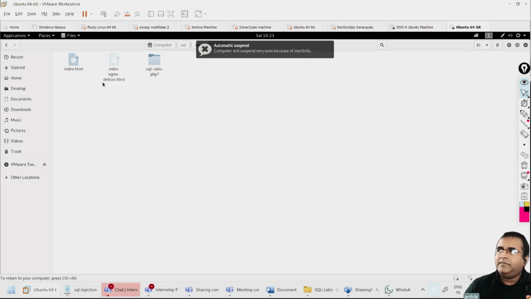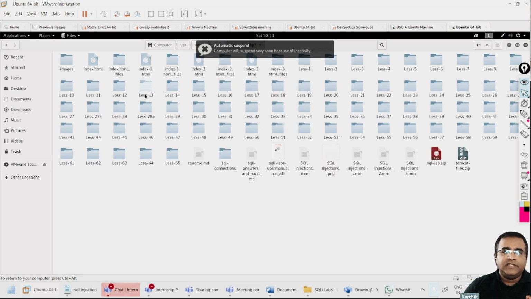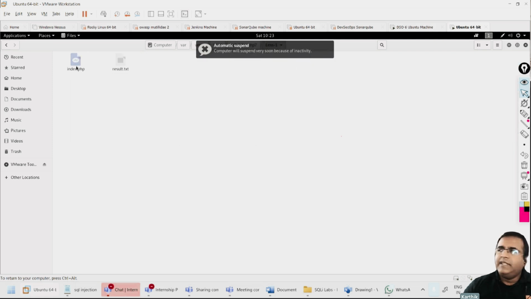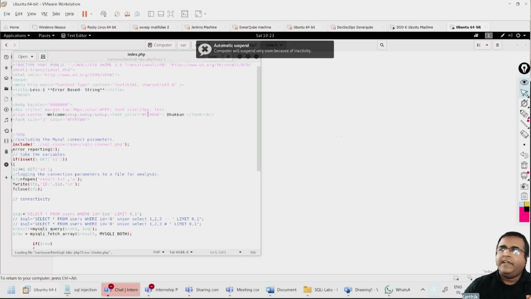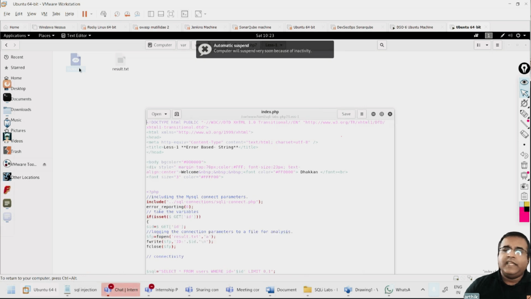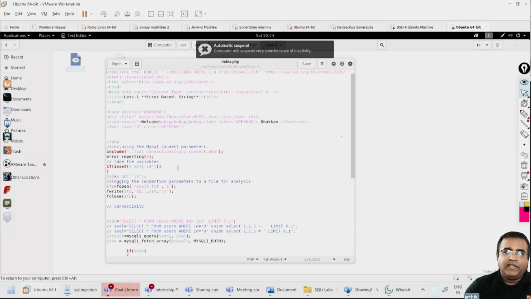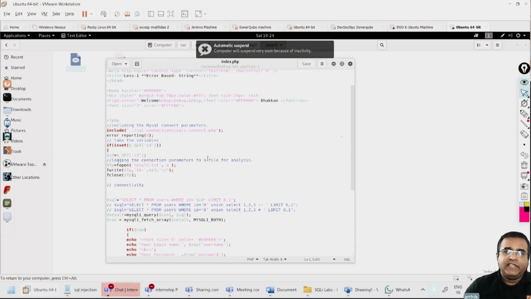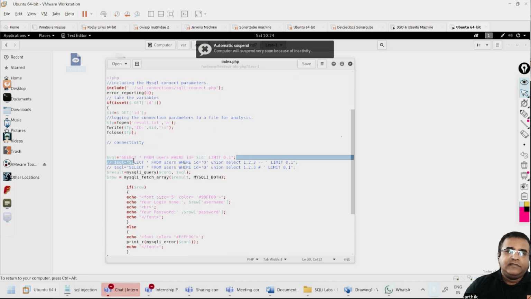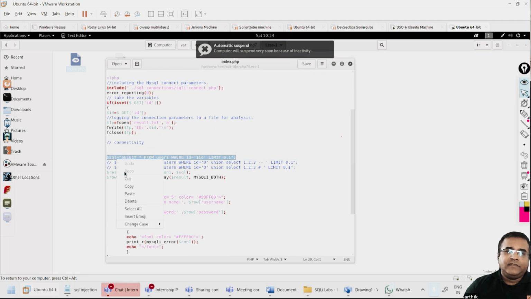Usually, if you have done SQL injection on a normal CRUD application, this will be quite easy. So I'm going to lesson 1. That is the thing, and there is index.php. Every time I'm putting ID equal to 1, this particular file gets executed by the Apache server, right? And here something is happening. This PHP code is executing this line to get the information out.